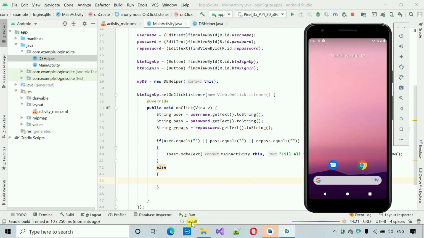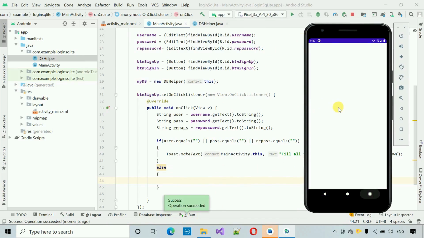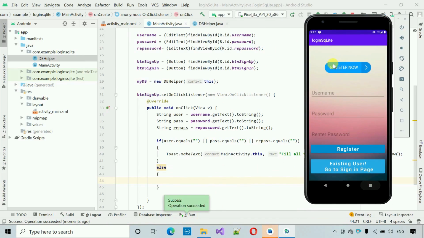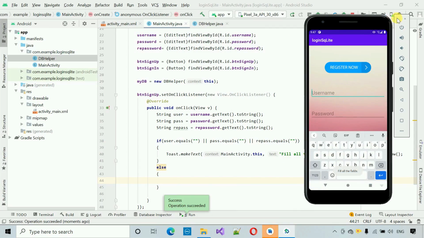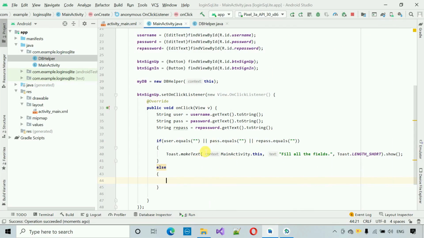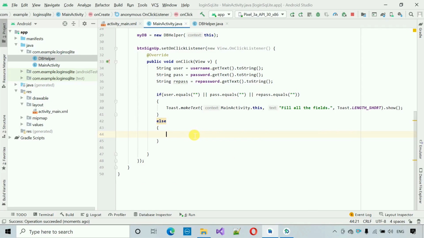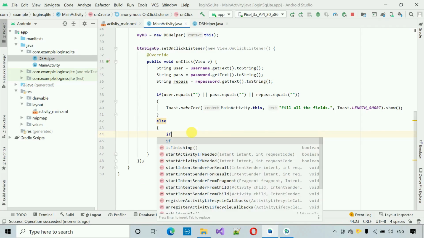Gradle build is running, installing and launching the activity, and here you can see this. Now the design is login SQLite, and I click on this one, and here you can see, fill all fields, the message is showing. Okay, so now I have minimized this. In the else condition, what I have to do is first I will check that if